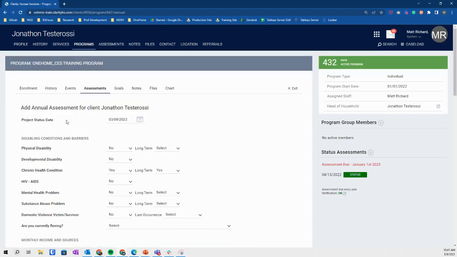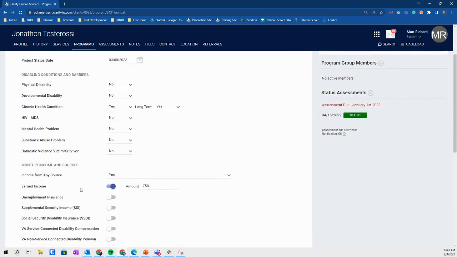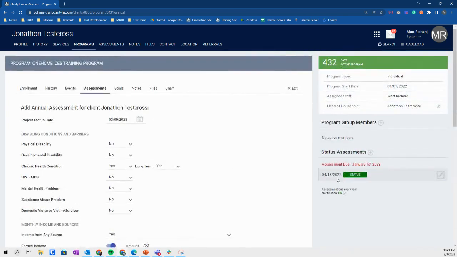And now I go, and again, everything is cascaded over. If you remember, we updated the income from the entry from nothing to $750 of earned income. So everything is cascaded over from the status update that I created on 4/15. It always cascades from the most recently completed data collection stage. I'm going to update the date here for this annual assessment, and it's going to be